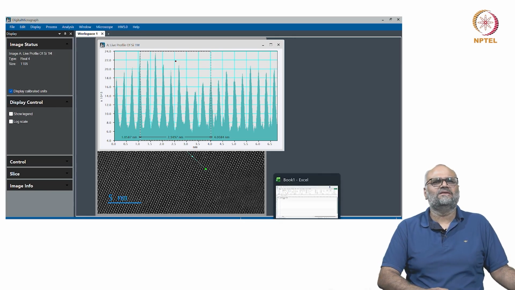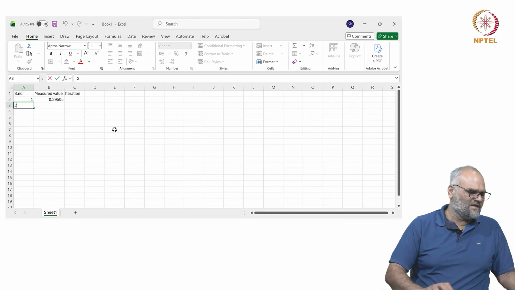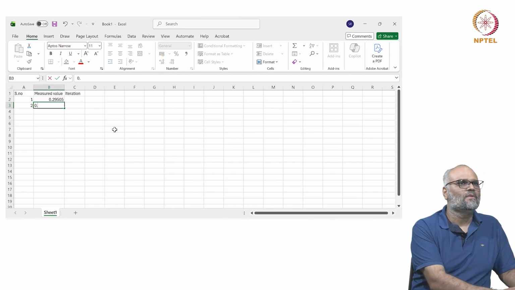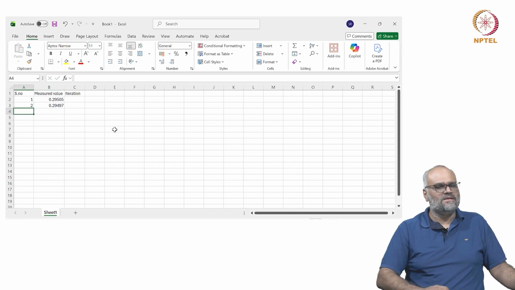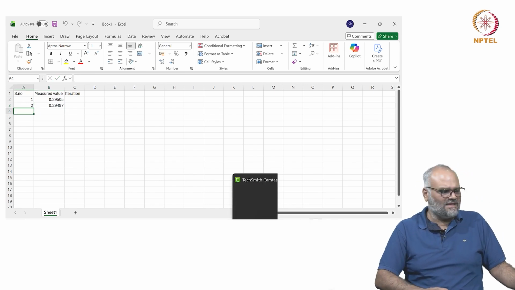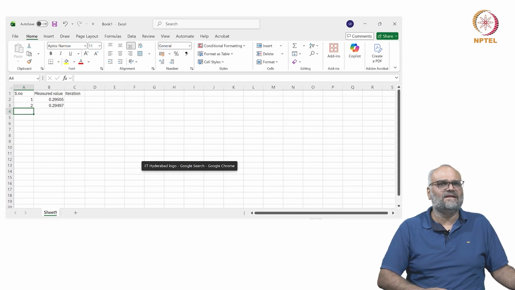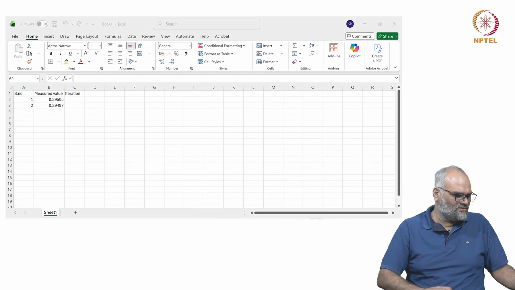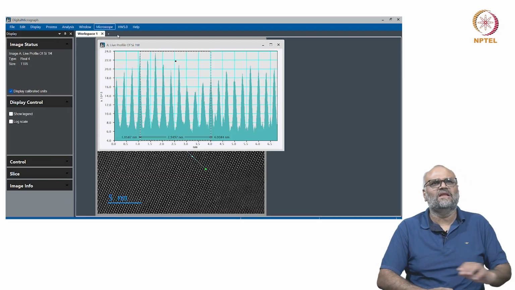This is 2.959497, yeah, which is so. As you can see, I'm using a direct measurement tool that you have through Digital Micrograph, and in one